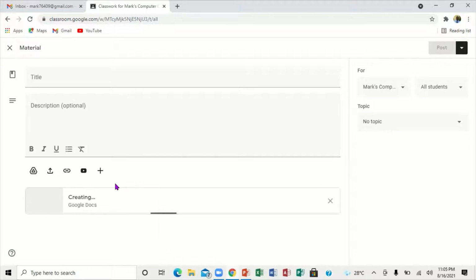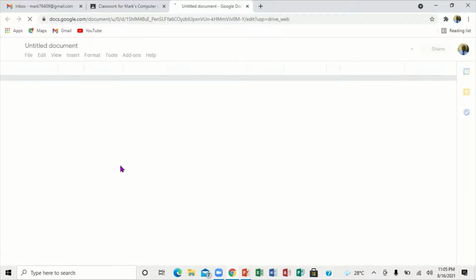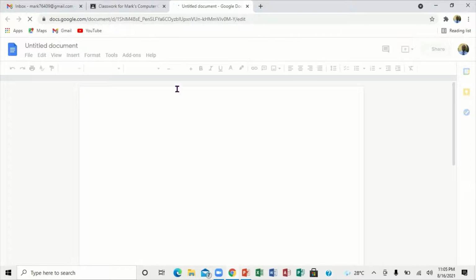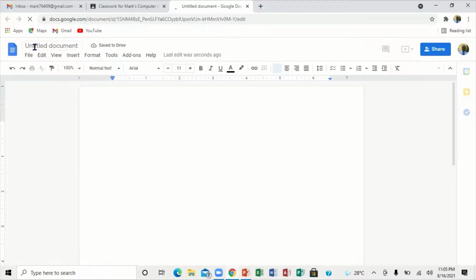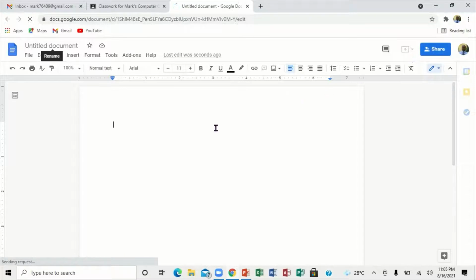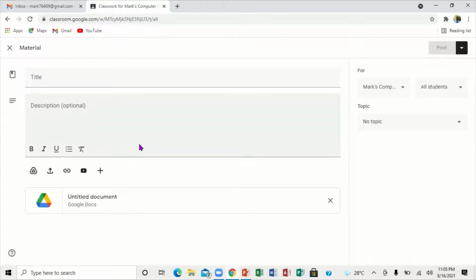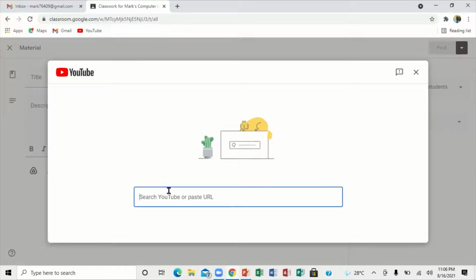So if I click this one right here, right, you notice it actually opens the Google Doc here. And if you look at the top, it shows untitled, and come all the way to the right to see that you can actually share the document and all of that. So you can come right here, this X here, you can actually close the document. If you notice, the document shows right there, so it shows that it is a Google Doc, right? So if you want to get rid of this now, you can come right here and get rid of it, right? You want to put a YouTube video right here, right, so we're going to type sets of numbers,